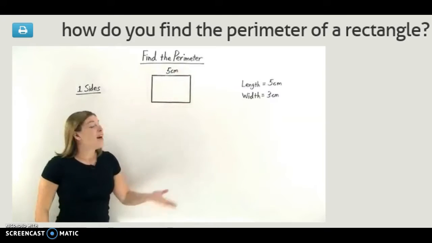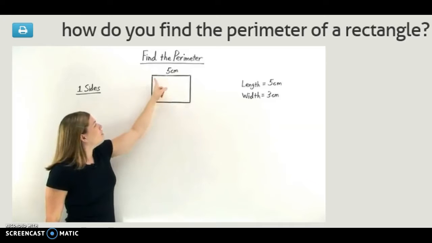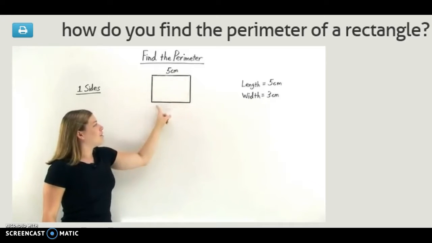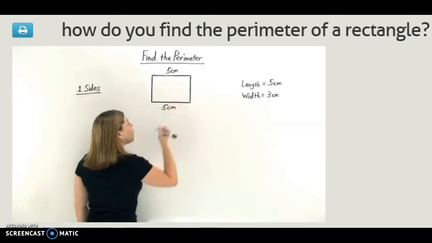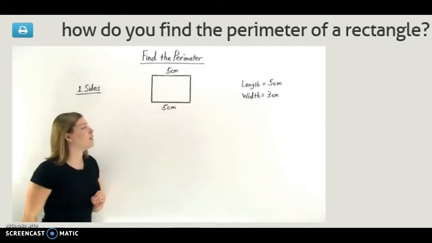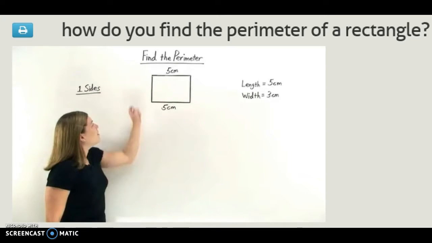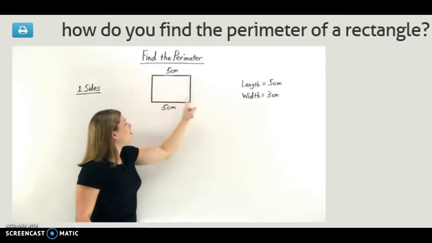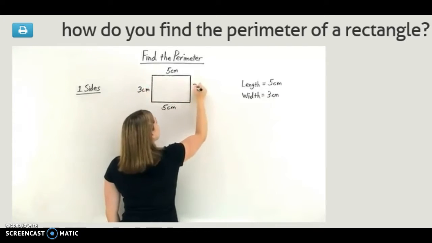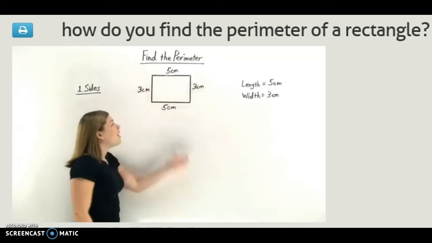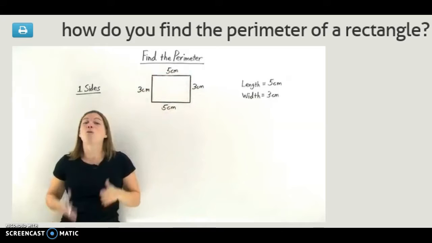But a rectangle has opposite sides that are equal to one another. So, if this length is 5 centimeters, this length also measures 5 centimeters. In a rectangle, those opposite sides have the same measurement. Now the width is the measurement of the shorter side of the rectangle. That would be this side and this side. So, each of these sides measures 3 centimeters. So now that we've identified the measurement of each one of the sides of the rectangle, we're ready to find